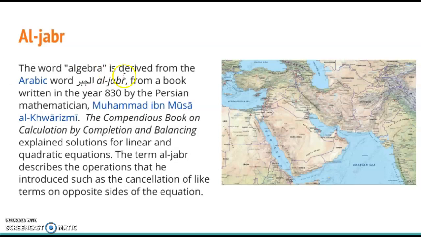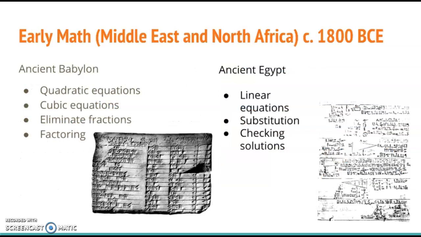nothing. He lived in the region of the world then known as Persia, today known as the modern-day country of Iran. And he drew influence from the regions and the learning around him, from Asia, from Africa, as well as from Europe. The earliest mathematics that we are aware of emerged in the Middle East and North Africa almost 2,000 years ago. In ancient Babylon, the modern-day country of